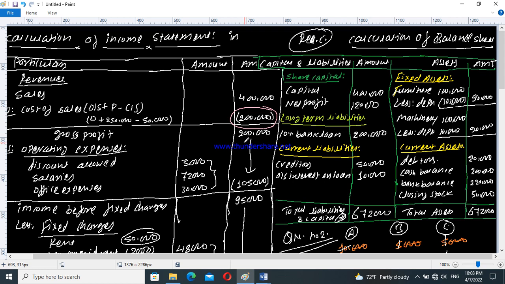Now I want to move on to the next section. Okay, firstly I want to save this data, and